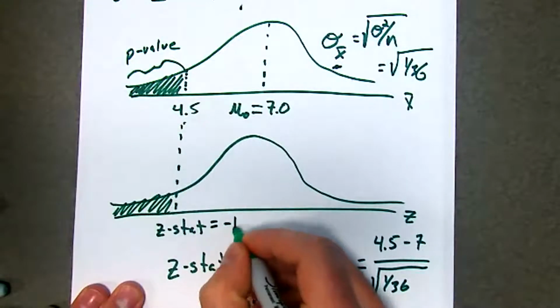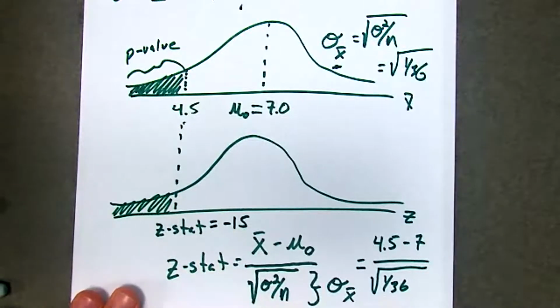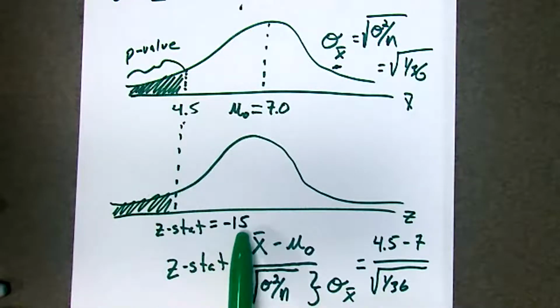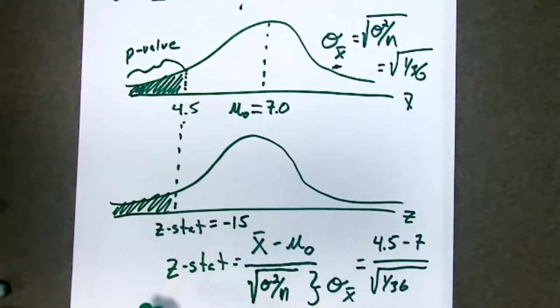I think I get negative 15. I'm keeping my examples correct here. Now, right away, if I see a Z value of negative 15, hopefully by this point we're starting to realize that's a pretty wild value, right? To see something that's 15 standard deviations away from the assumed true mean,